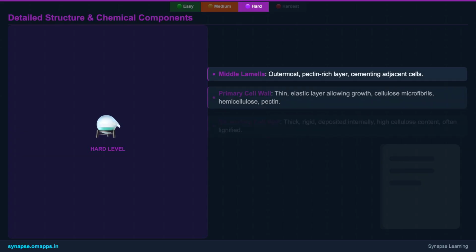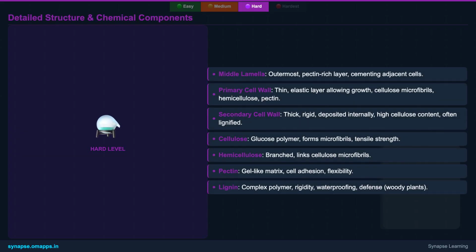Let's dissect the plant cell wall structure even further. The middle lamella is the outermost, pectin-rich layer, crucial for cementing adjacent cells. The primary cell wall, thin and elastic, forms during cell growth, composed of cellulose microfibrils, hemicellulose, and pectin, allowing for cell expansion. After growth ceases, the secondary cell wall is deposited inside. This layer is thicker, more rigid, boasts a higher cellulose content, and is often lignified, especially in woody tissues, providing